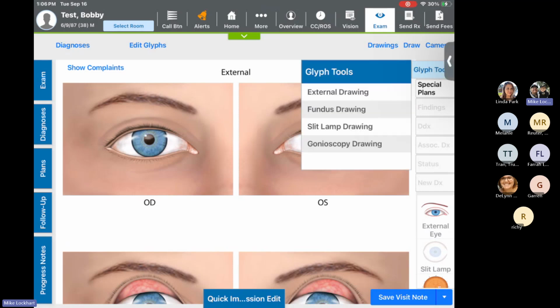Now, these are going to be selected outside of your documentation for a diagnosis. Like you wouldn't be saying, patient has a myopia diagnosis, I want to go ahead and add these plans for it, and then I also want to include this Glyph tool for it as well. No, these are going to be kind of standalone findings that you can add. So it doesn't have to be tied specifically to a specific diagnosis. This is a finding that you just want included, that you want the image available on your visit note as